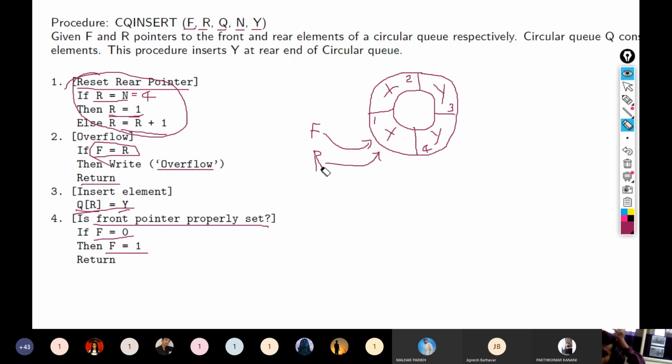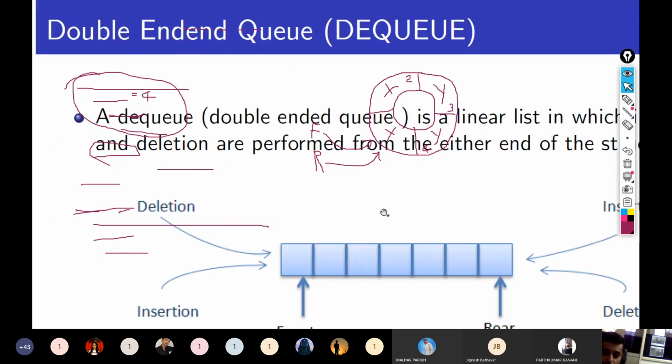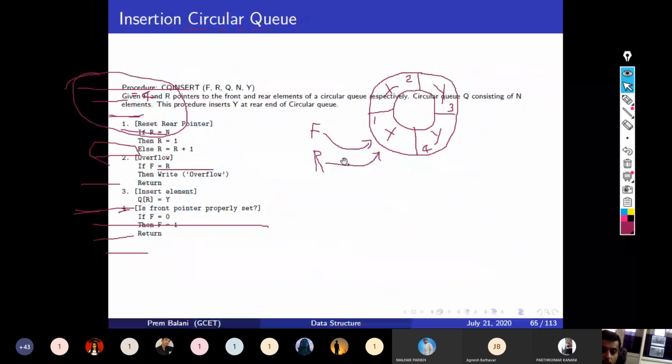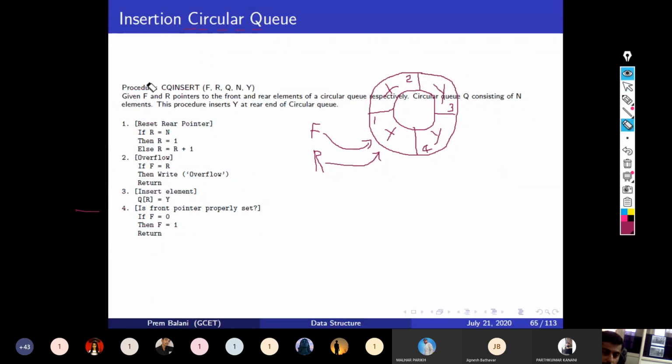So clear everyone with this algorithm? Okay, let's go ahead. Any questions? So this was the insert operation in the queue.